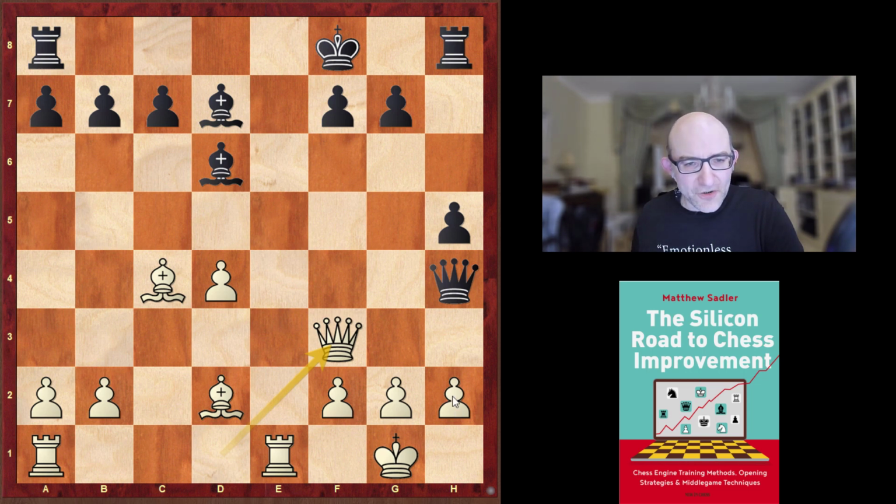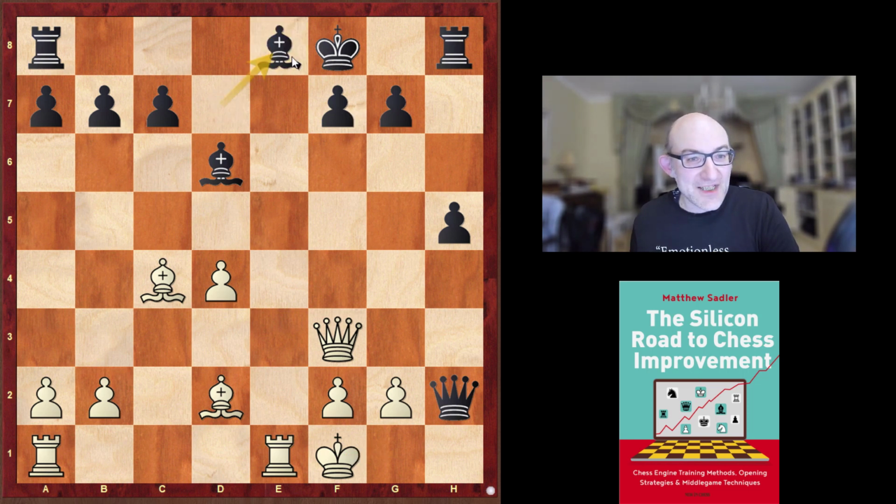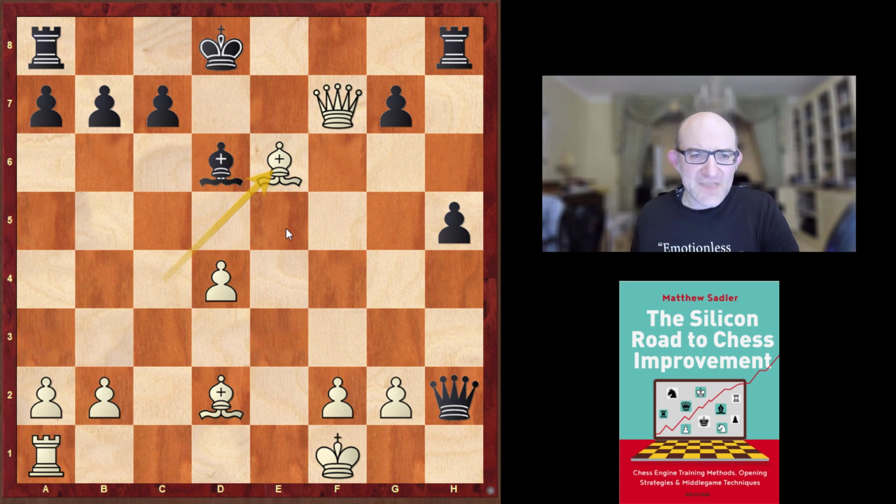Yeah, it feels a bit odd to allow you to take on h2, but the key point is if queen h2, king f1, it's actually impossible to defend the f7 square. It is just absolutely not working. Bishop e8 is one idea, and then I just take, check, king there, bishop e6, and we're just going to have very, very soon queen to d7 and checkmate. So this is just really, really bad for